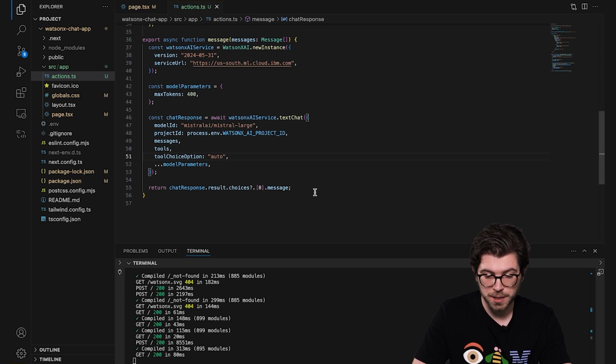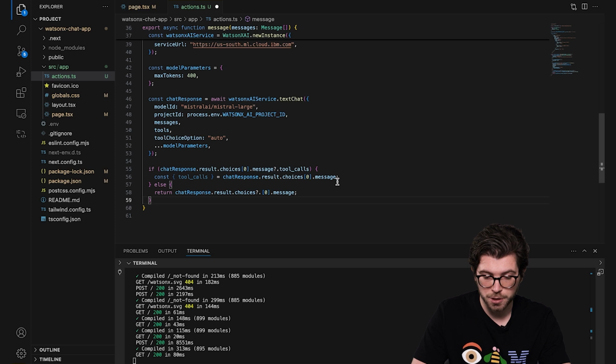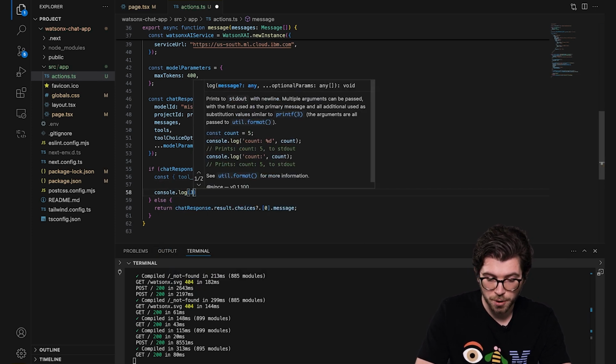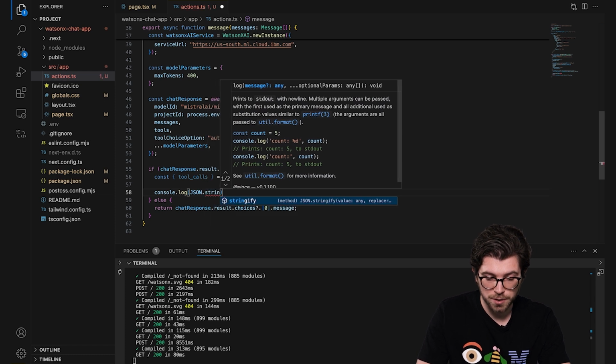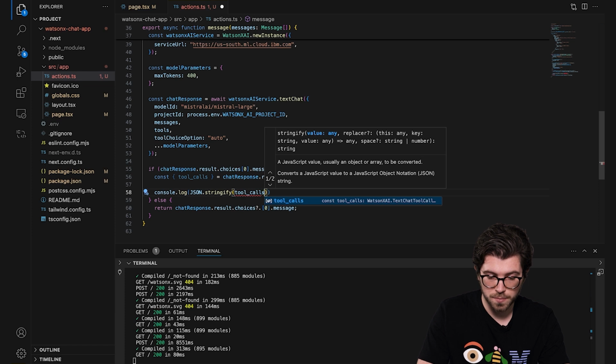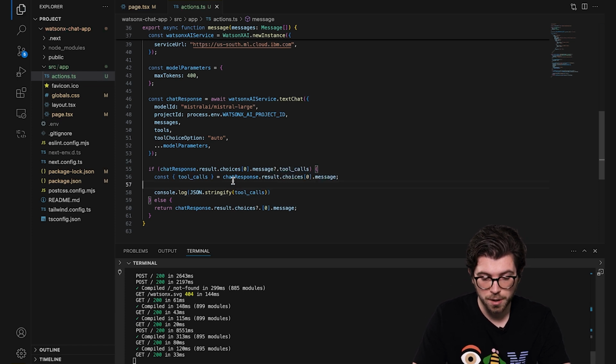So instead of returning a message here, we need to look if the LLM is going to propose a tool call, and if it does, we need to execute that actual tool call. For this, we need a bit more code. So instead of returning the message generated by the LLM, we're going to look for any tool calls in its response. And we can actually console log this to see if it's going to propose a tool call whenever we ask a question that's related to adding two numbers together. So I'm going to console log this right here and then head over to my browser.